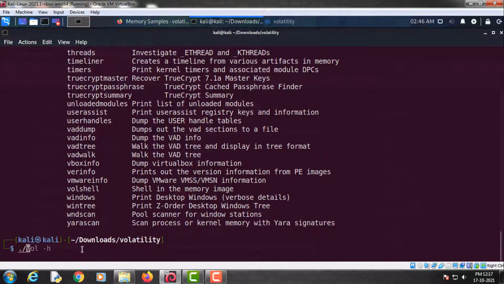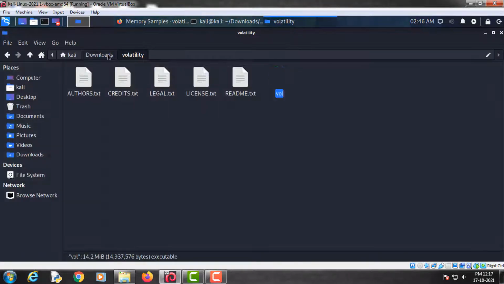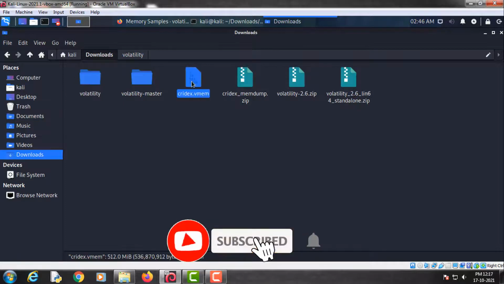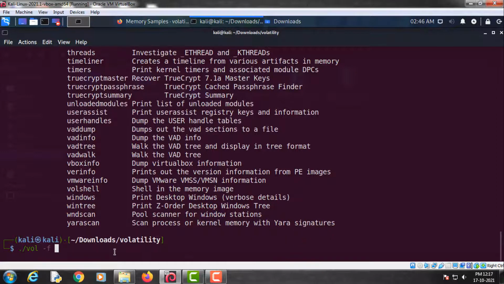So ./vol, -f is used to mention the file name. My file name is cridex.vmem, which is located in the downloads folder, so I will give its path.